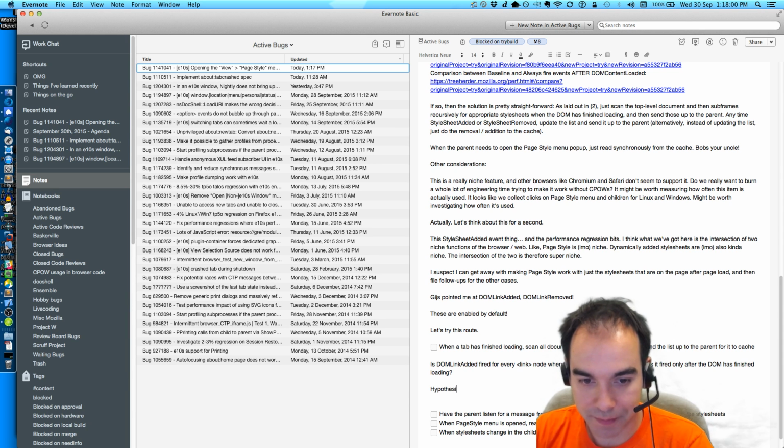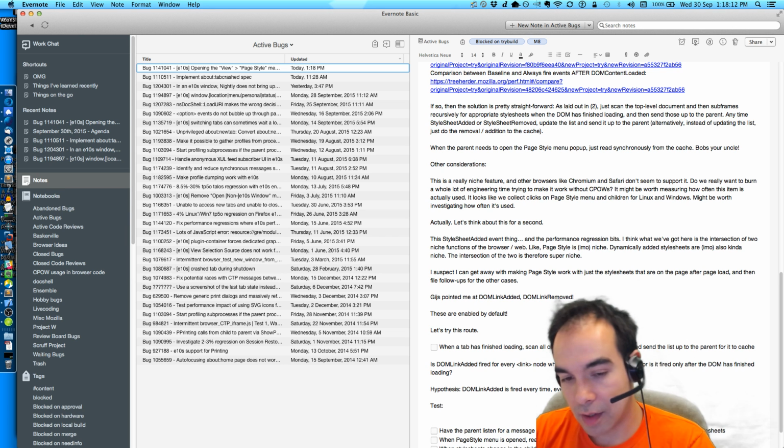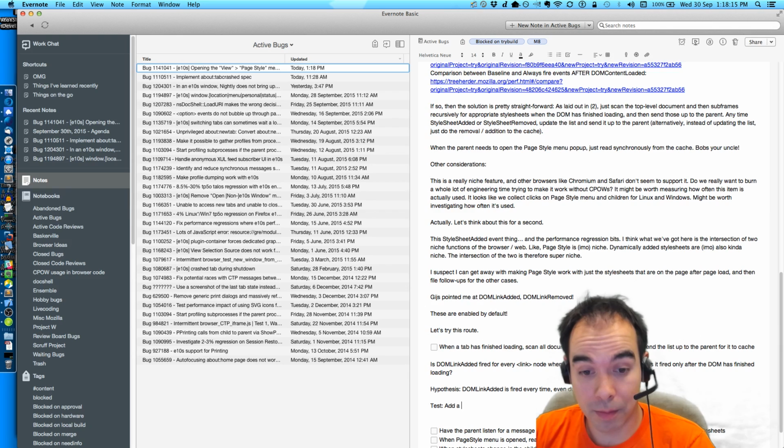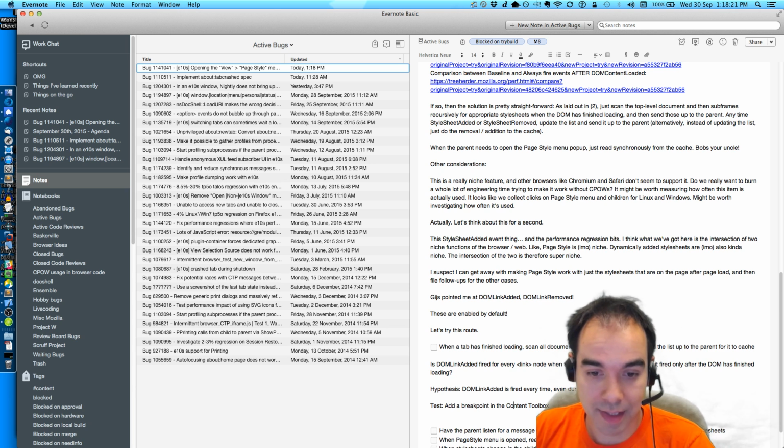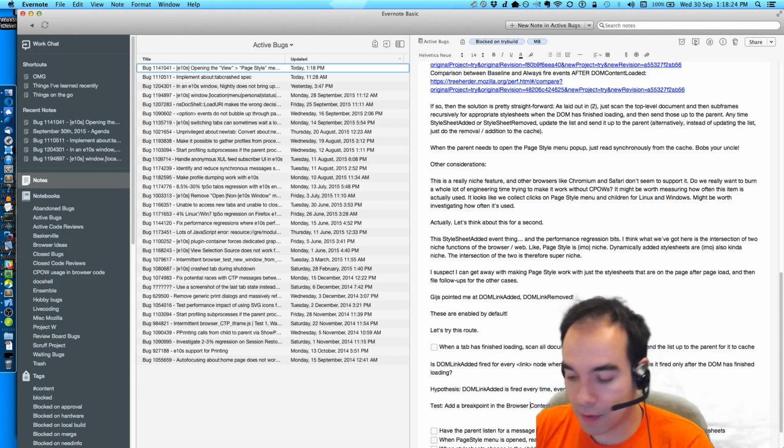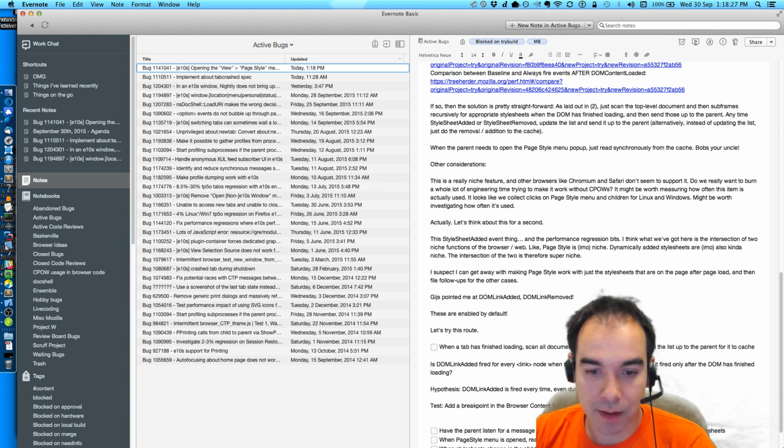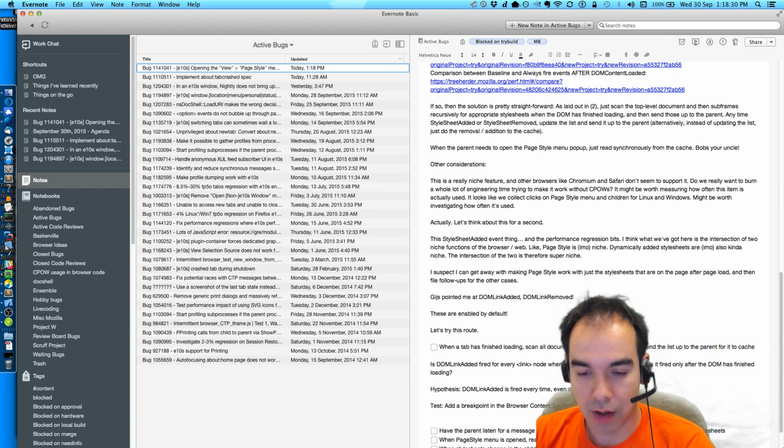So hypothesis: DOM link added is fired every time, even during DOM load. Test: add a breakpoint in the browser content toolbox. That's what we use to debug scripts and stuff in the content process. Add a breakpoint for the DOM link added event, and see if we hit it by just loading a page.